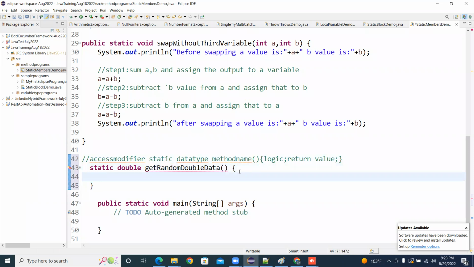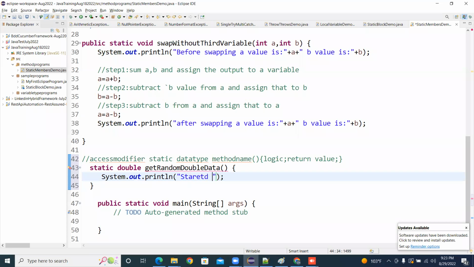First curly bracket you put, then press enter key. Immediately the end bracket you will get automatically. You don't need to worry about missing the end curly bracket. Otherwise you can check it. You put here and see whether it is highlighting. That means these two are paired up. Make sure to follow our syntaxes. Even if you miss it, you can place the end curly bracket. If you're not following our syntax, you can make a mistake. Every method, after another method we are starting. One method inside another method you should not write. Okay. Now,